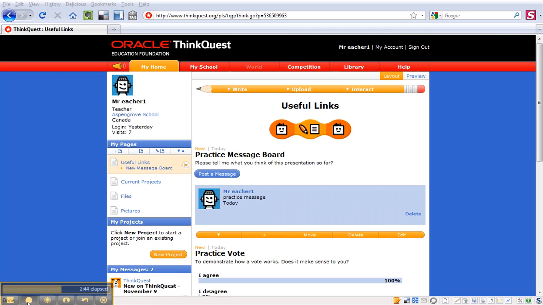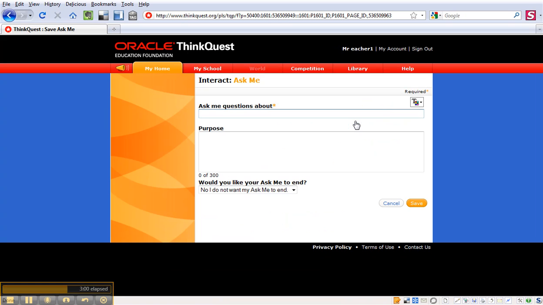I haven't used all of these interact tools in my classroom yet. The last one that I have just started using is the Ask Me tool. It's very much like a message board, except that instead of a long list of answers, Ask Me is a way for students to ask you a question and to get one answer. So I can just post a message like this, a question like this,